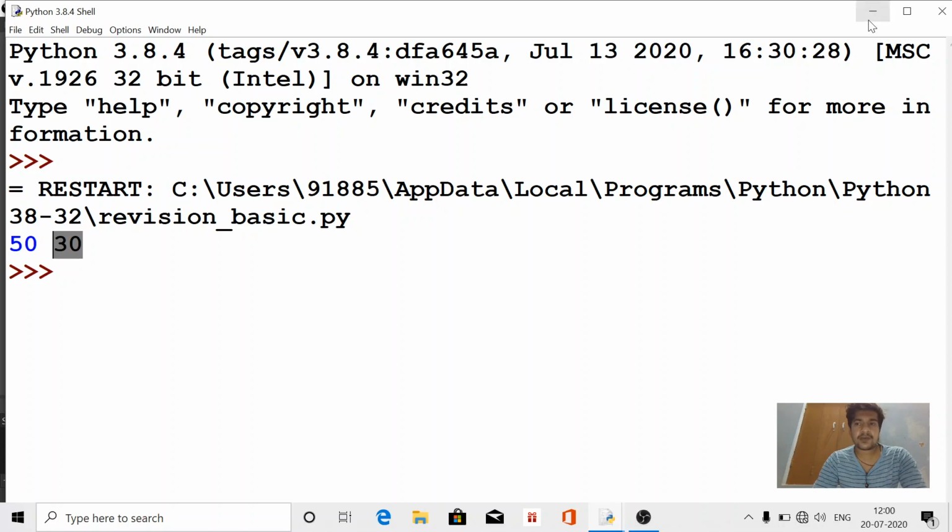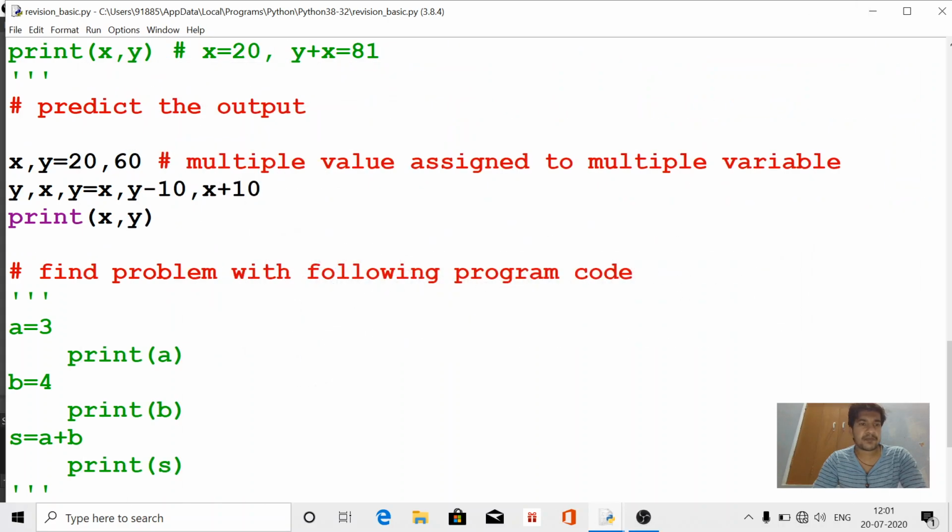Now if we derive this program, x represents the value 20 and y represents the value 60, because in variable assignment we have seen that in whatever order we declare the variables, in the same order they take the values. We declared x first, so the first value is contained by x, and the second value is represented by y.